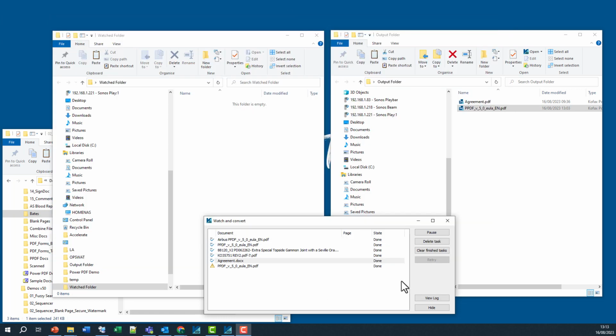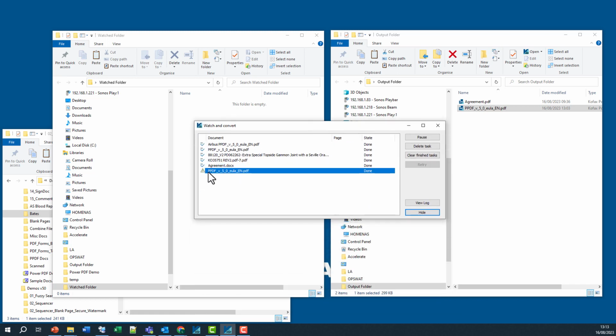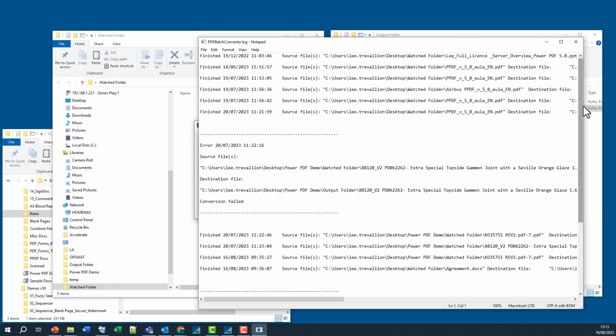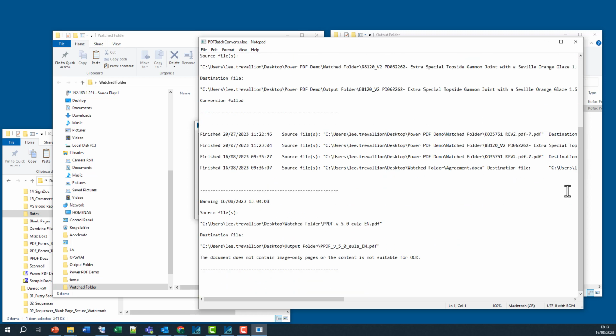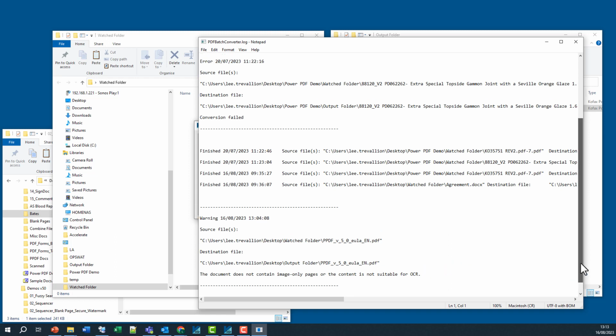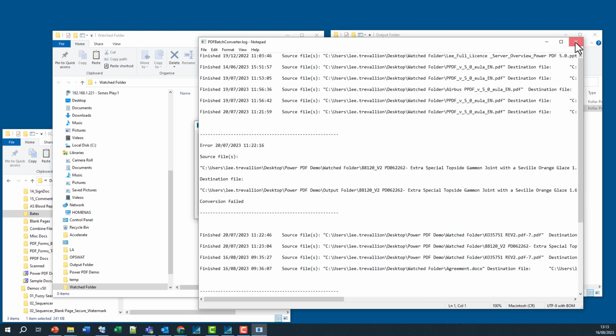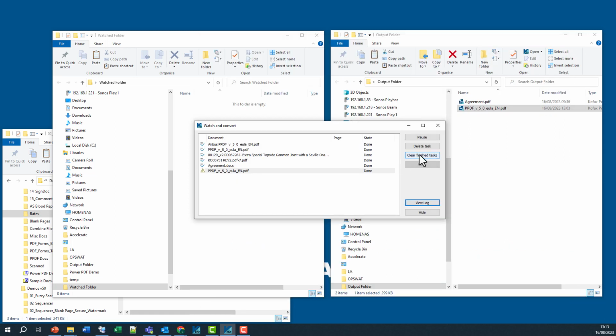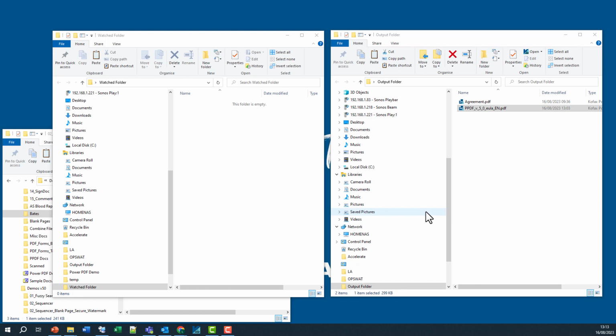Finally, I should just mention our watch and convert viewer. Here you can see our list of tasks. We can click on the view log, and this shows us all the conversions and activities we've done in the background. This can be really useful if you don't have Power PDF open and you've got various tasks running in the background. Once they are finished, you can clear those finished tasks, and you'll see there is also a pause option now if you are processing an extra long file, which is slowing your PC down and you need to